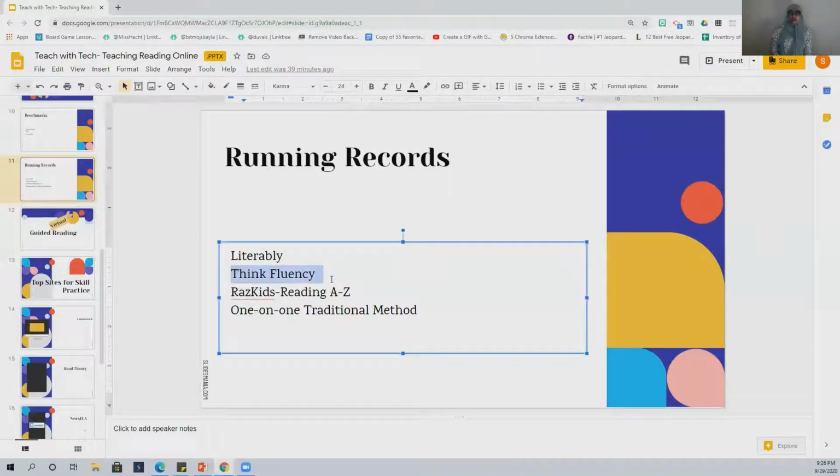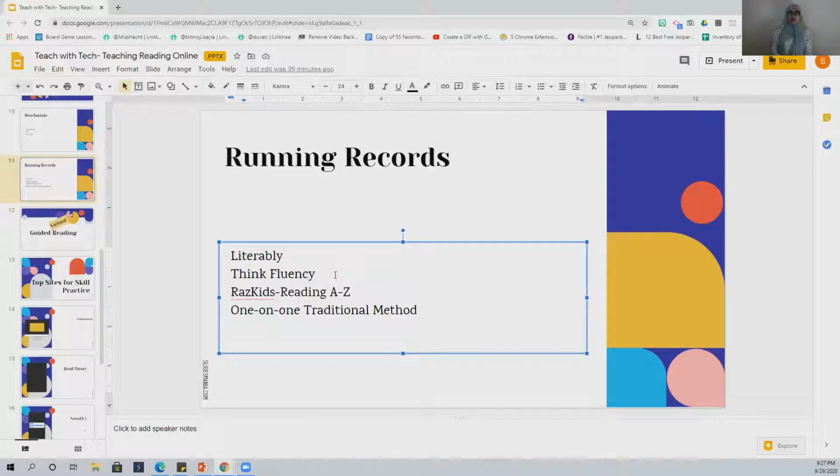There's Think Fluency. This is actually linked through Google. If you look it up, it will link to your classroom. It's got all of your Lexile scores. It will tell you where they are approximately age-wise. It is not free though. It's not too expensive. It's about $30 for the full year. So when you look at that, $3 a month, it's not too bad,